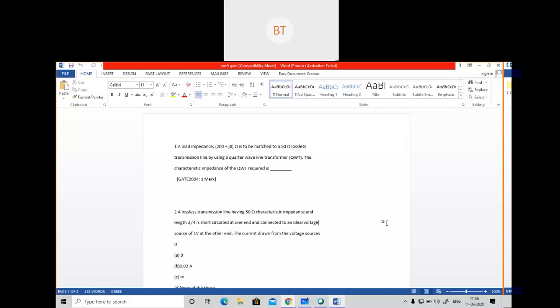If you are having any kind of idea, please tell me how to solve this question. Everybody is free to share their view, whatever you are thinking. I don't want the correct answer. I just want your effort. Suppose you are sitting in the GATE paper and this question comes to you. How will you react? How will you solve this question? Anybody has any kind of idea, they can share.